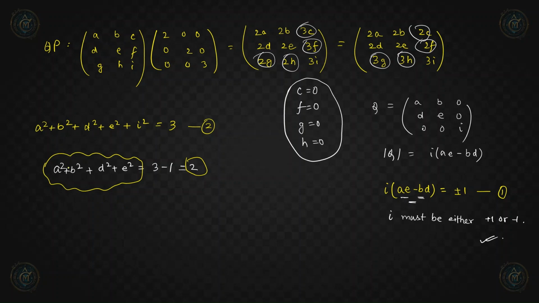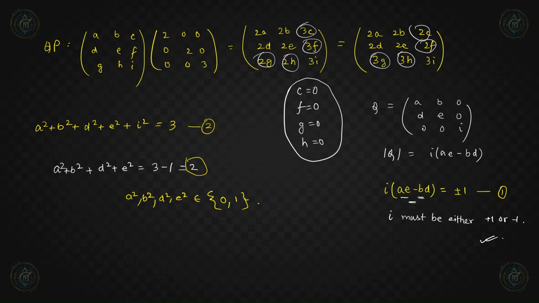That means we cannot take such cases where let's say a square is 2, but that is not possible. So we take for example 4, and d square we take as something 9, and let's take this equal to 0. This case is not possible, because a square equal to 4 and d square equal to 9 means 13, but that is not equal to RHS. So we must have a square, e square, b square and d square belong to the set 0 and 1. This condition must also hold true.